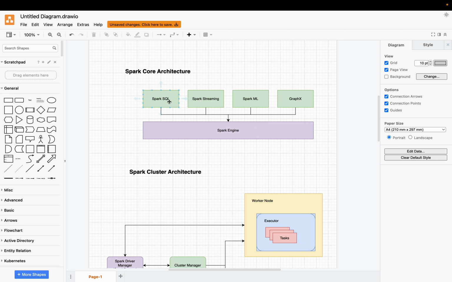First is Spark SQL. If you want to write SQL-like syntax and play with data frames, that is where Spark SQL comes into the picture. People who are very much accustomed to SQL